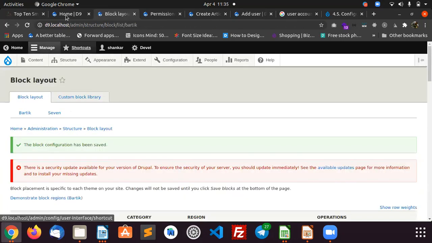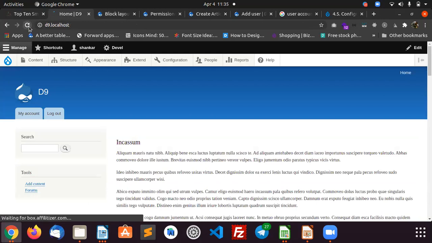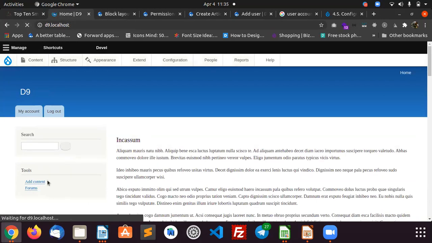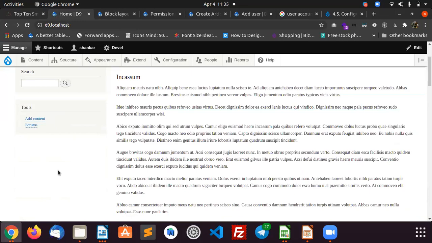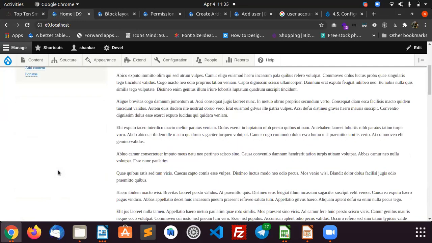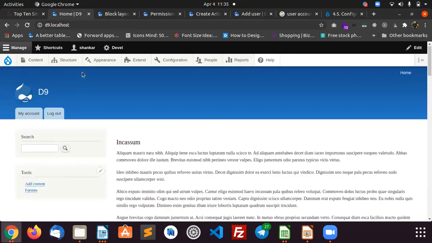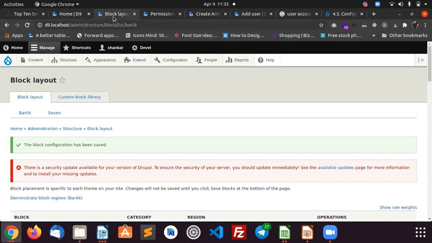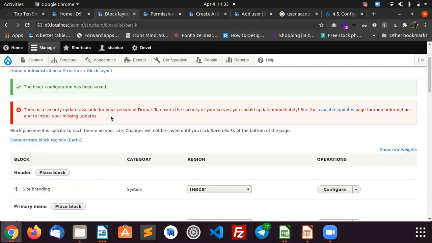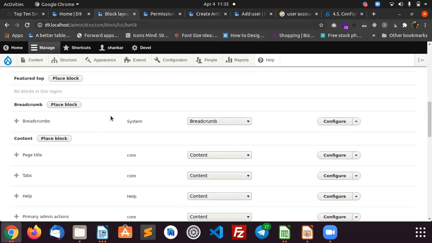If I navigate to the home page, in the sidebar we will see the newly created block. Sorry, it's not available. Let me check. I am not able to see it.